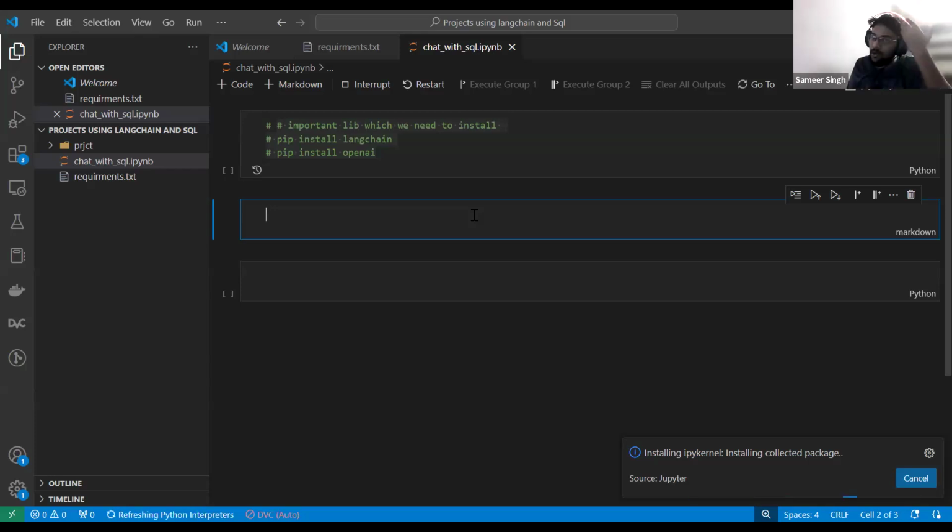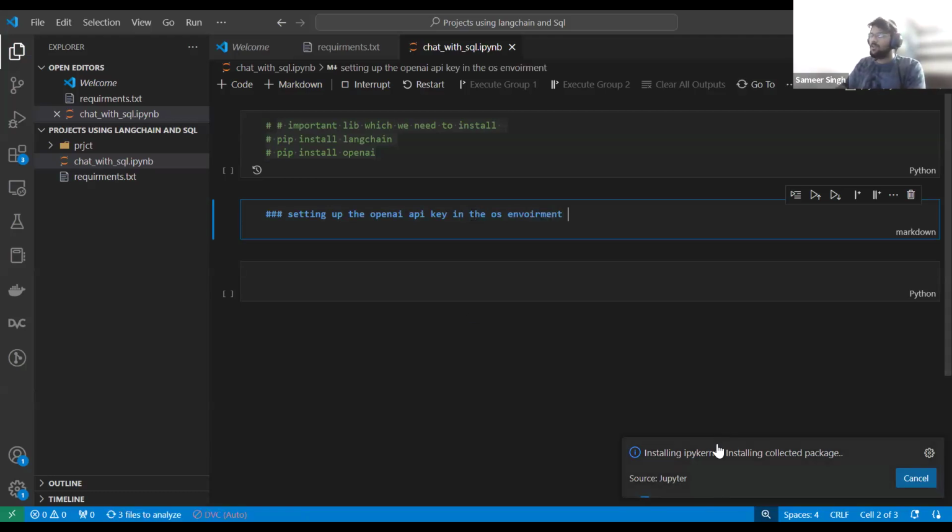So the same thing we'll do here also. Setting up the OpenAI API key in the OS environment, right?